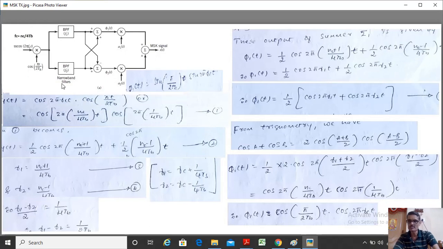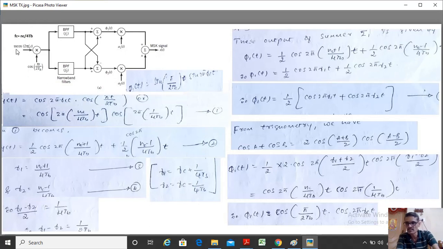So in the MSK transmitter, as you can see here, the minimum shift keying output is given by S of t, that is S of t is equal to phi 1 of t multiplied by a1 of t plus phi 2 of t multiplied by a2 of t. That's the general representation of any quadrature modulated signal. This is also a quadrature modulated signal, MSK, minimum shift key, because we have used some cos signal and sine signal over here as a carrier. Now, just look at this, how the signal is generated.